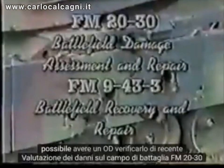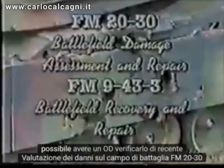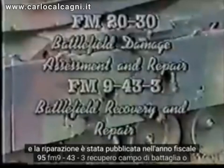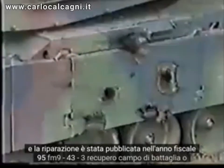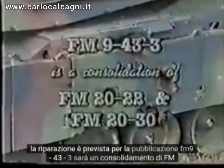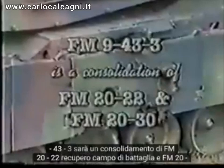Recently, FM 20-30, Battlefield Damage Assessment and Repair, was published. In fiscal year 95, FM 9-43-3, Battlefield Recovery and Repair, is scheduled for publication. FM 9-43-3 will be a consolidation of FM 20-22, Battlefield